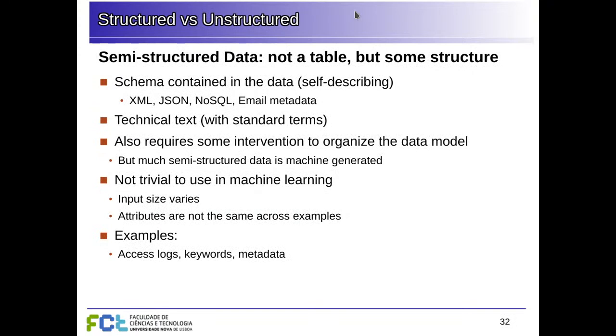We can have lots of cases of semi-structured data where it's not exactly a table, but there is some structure that you can use. For example, XML, JSON, things like that, metadata for emails where you have the sender, the timestamp, and so forth. Usually, it also requires a lot of work to keep the data correctly stored and also to organize the data. But generally, we deal with semi-structured data by manually converting this into structured data, into a table. So if you are processing emails, you can extract the metadata from all the emails and put it on a table, and then you have all those values there. But a lot of